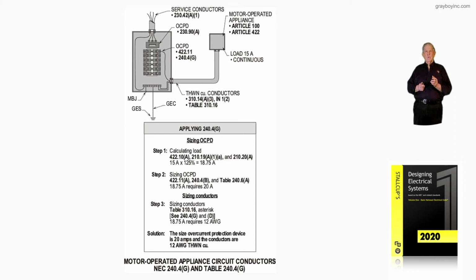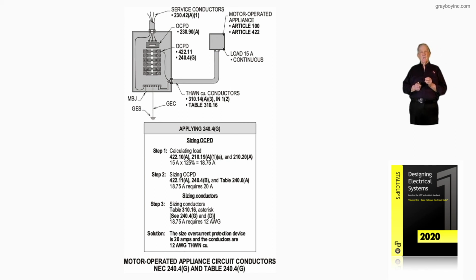Step 2, 422.11(A) deals with the overcurrent device, 240.4(B), as well as Table 240.6(A). We can round up from the 18.75 to 20 amp, so that the 20 amp overcurrent device will allow 18.75 amps for continuous loading. Now step 3, Table 310.16, we would see 240.4(G) and (D), and the